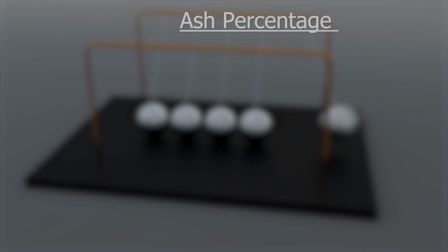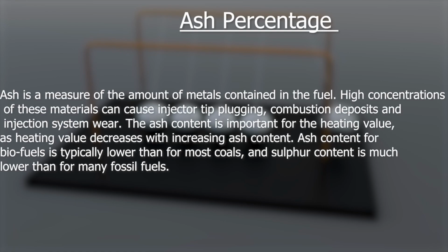Next is ash percentage. It is a measure of the amount of metals contained in the fuel. High concentration of these materials can cause injector tip plugging, combustion deposits and injection system wear. The ash content is important for the heating value. As heating value decreases, the ash content increases. Ash content for biofuels is typically lower than for most coals, and sulfur content is much lower than many fossil